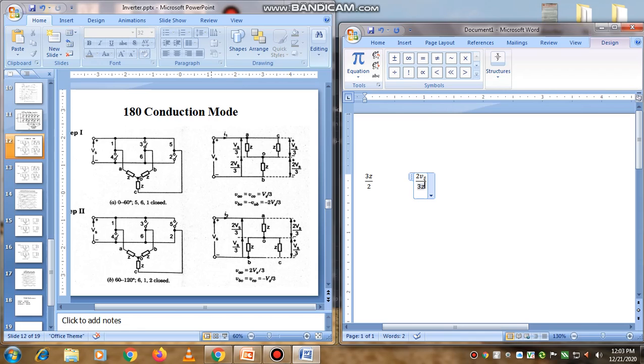I1. Now when someone asks me what is the phase voltage, VA0, meaning VR0, VY0 or VB0, what is the voltage VR0 or VB0? So voltage will be